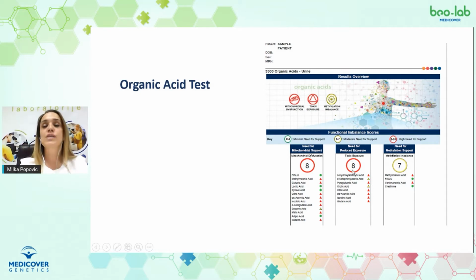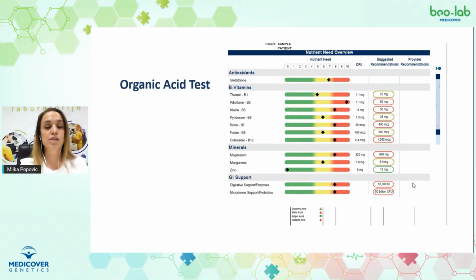Toxic exposure, the need for antioxidants, and therefore the need for nutrients which could help to bring down the burden of toxins. And of course the most important one is the need for methylation support and the methylation imbalance, in order to provide the best possible methylation. Page 2